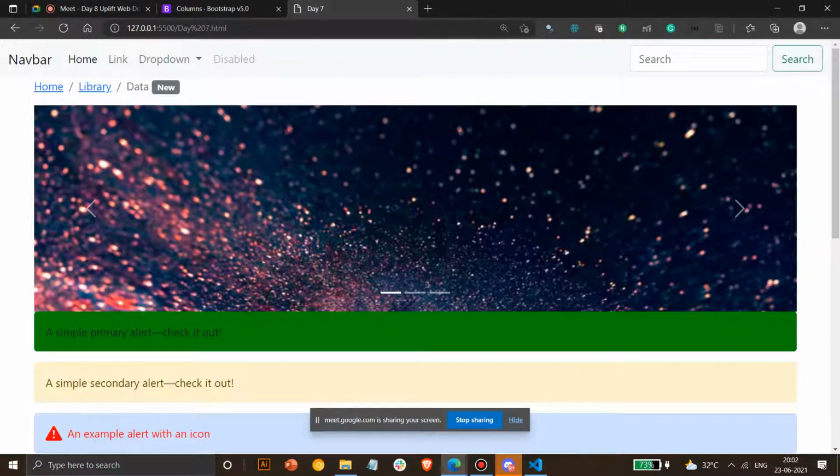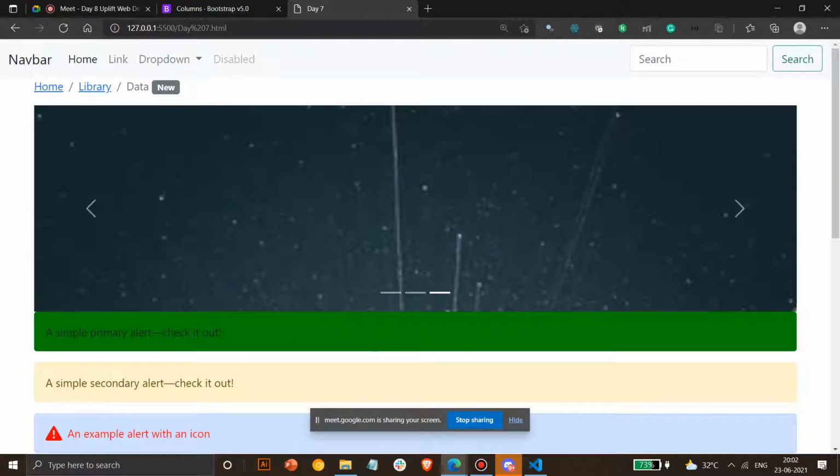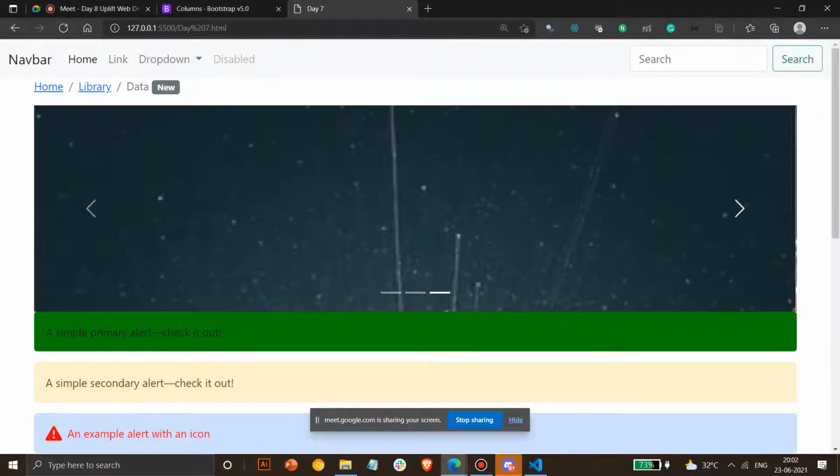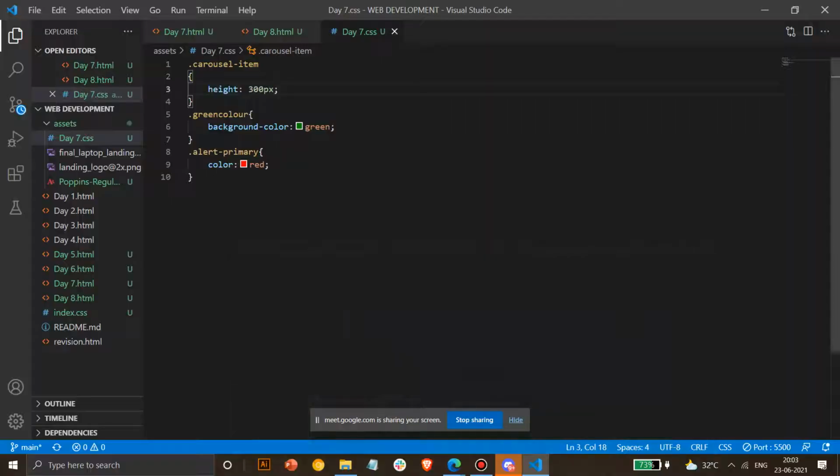Okay, so yes, you can see this has reduced, but what's the problem here? The image doesn't reduce automatically. So this is how you basically reduce the height. If you have to reduce the image also, you can go with image characteristics for it and change it. Should I show that also, or is this enough? Yes, sir. Please show that.